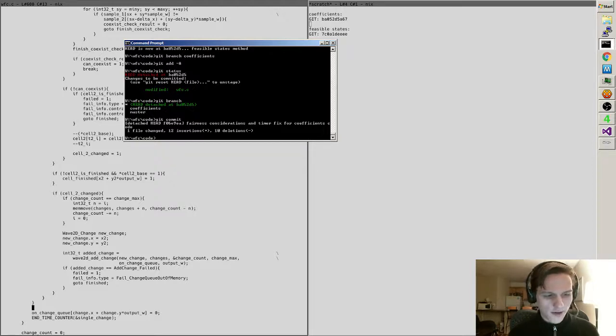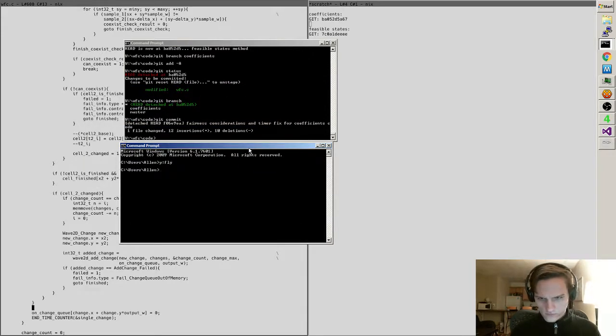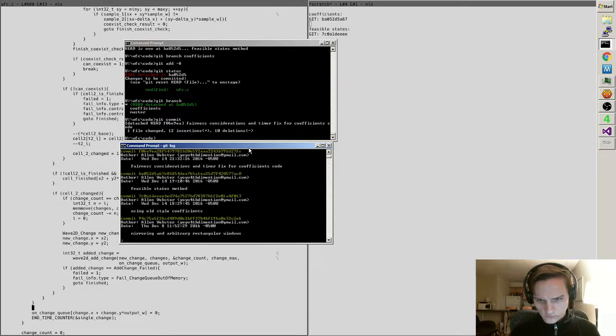How does this thing work? I don't understand. Why am I not committing onto the coefficients branch? What branch is that on? Why is that all on the same branch? I don't understand. Okay,